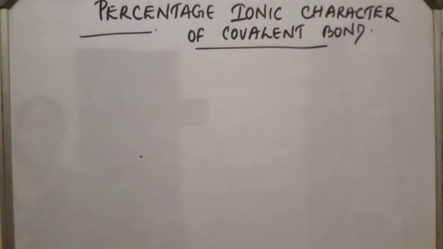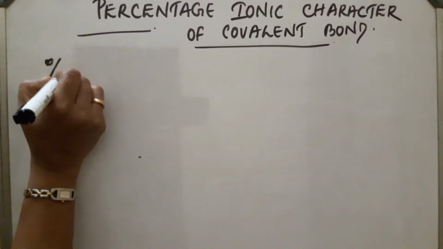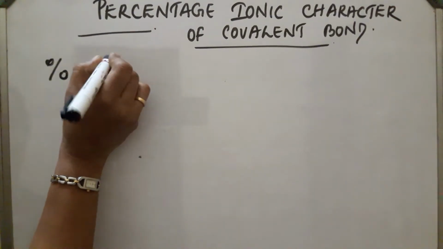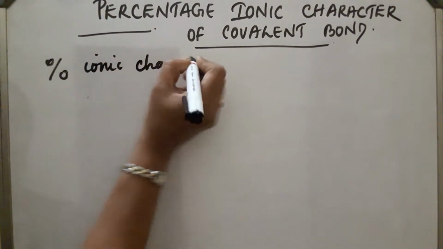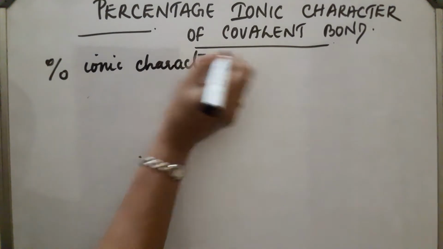Percentage ionic character of covalent bond. Dipole moment measurements are used to determine the percentage ionic character of a covalent bond. The equation used to find the percentage ionic character of a covalent bond is percentage ionic character